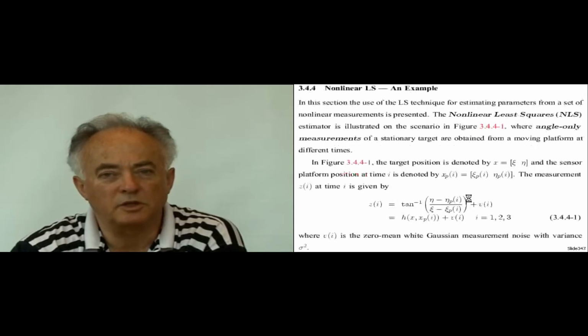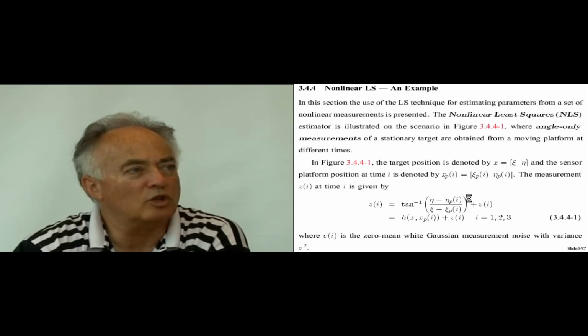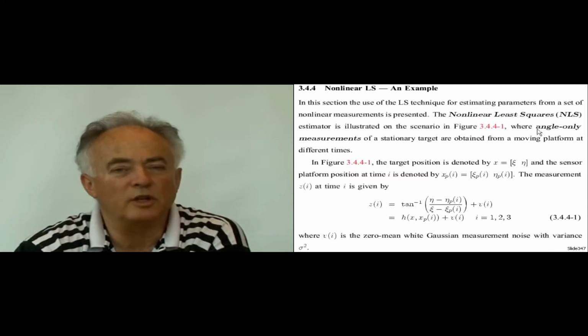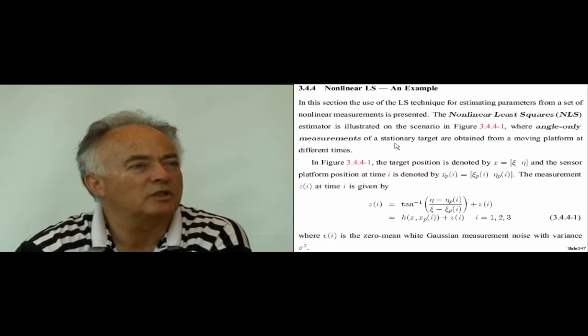Now, here's a real-world example. The real world is not linear in most cases. What we are going to do is a non-linear least squares. The goal is to estimate parameters from a set of non-linear measurements. This nonlinear measurement problem will be illustrated on an angle-only observation situation for a stationary target obtained from a moving